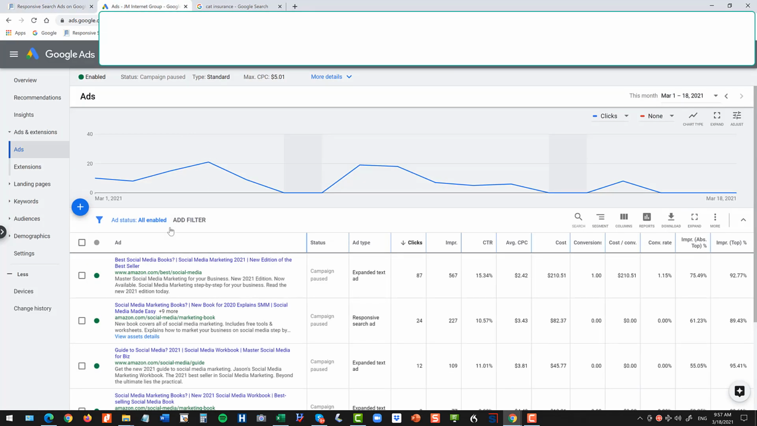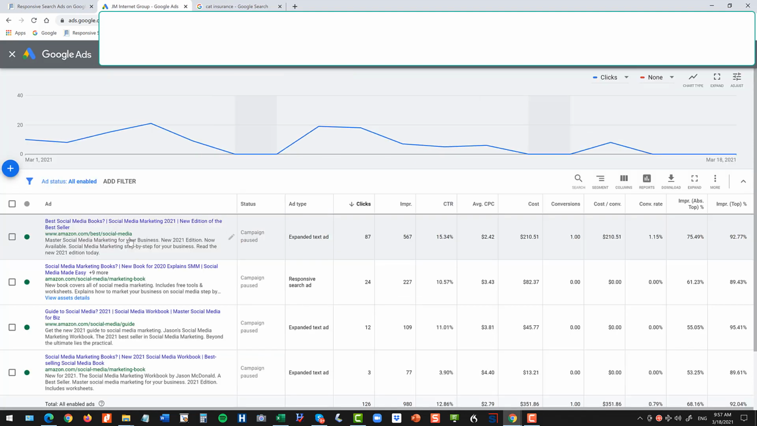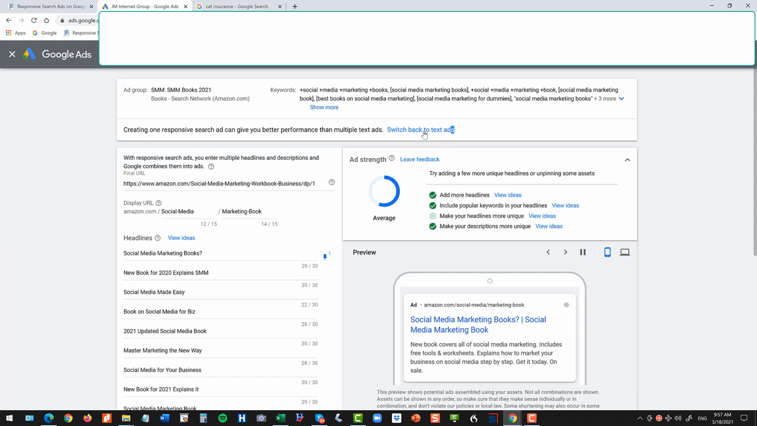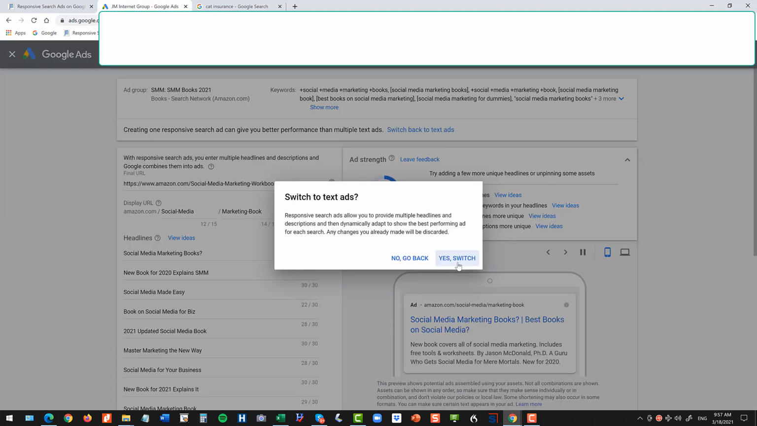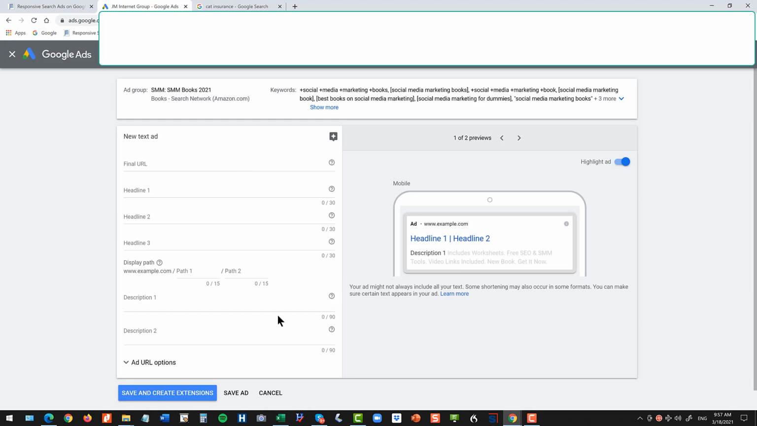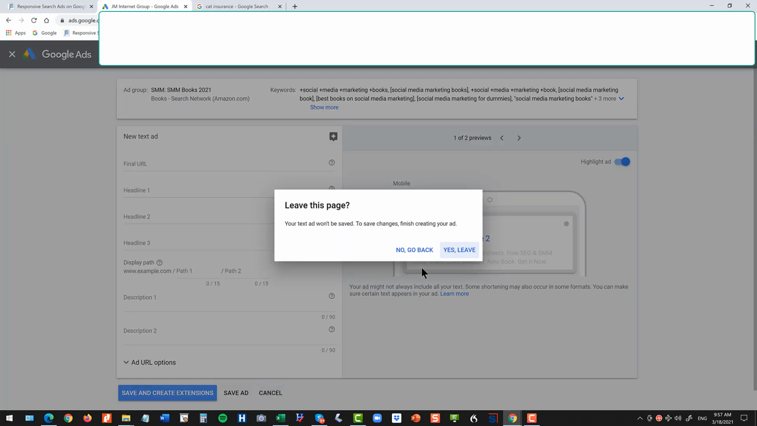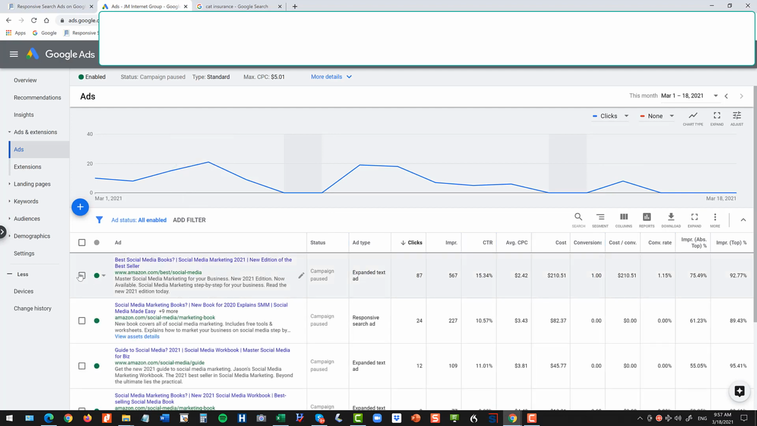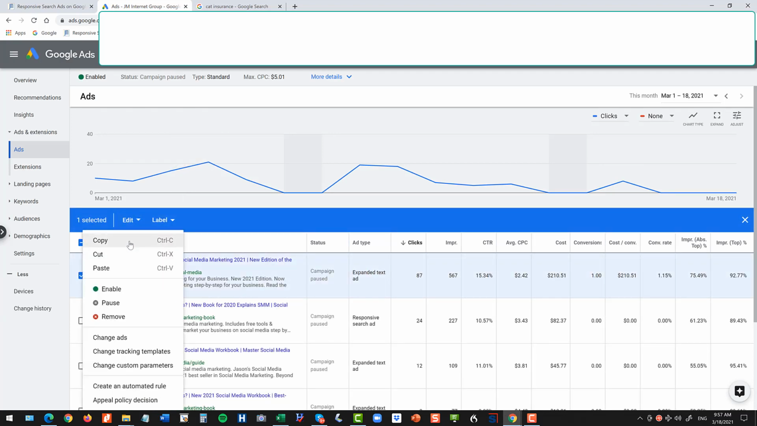So in your account, you can click on the plus sign. You're going to see probably only the option of responsive search ad. And then up here at the top, you'll see this, switch back to text ads. So you can click switch back to text ads. Yes, switch. Of course, they're going to warn you. And then now you're in the text ad interface. So that's one way to create text ads if you don't have them. Another way to do it is to copy the ad and then paste the ad. That's an old expanded text ad. So they're still allowing us to create expanded text ads if you don't have them in your interface, if you don't see them easily. So I would always run a responsive search ad and some expanded text ads and compare